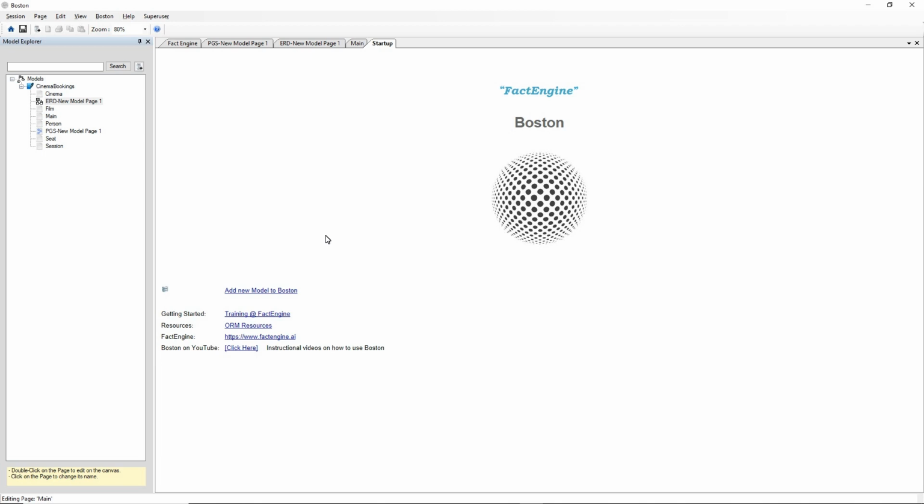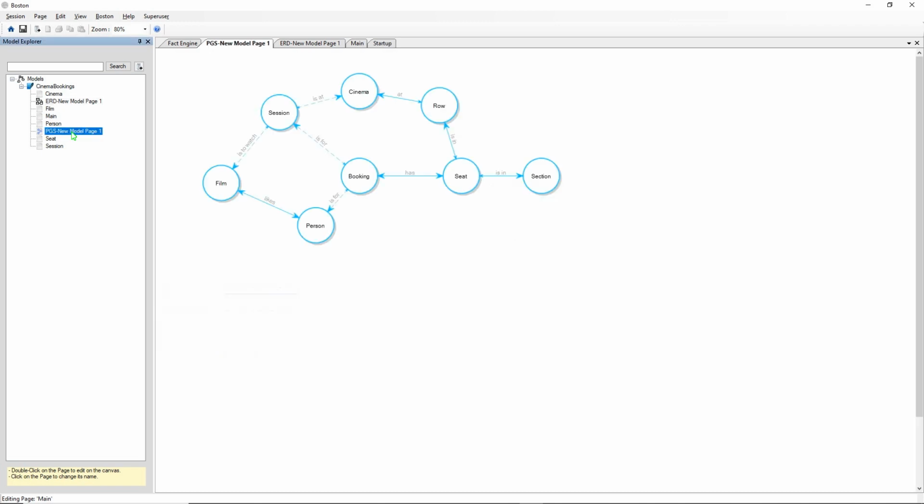We've got Boston open in front of us, and we'll look at FactEngine inside Boston, but we are making a web-based API available to our clients. So from inside Boston, we've got a model open in the Model Explorer, and it's a model for cinema bookings and some attribution. The original cinema bookings model from which this is derived was developed by Data Constellation and made available on GitHub. The cinema bookings model is for cinemas where people can make bookings for seats